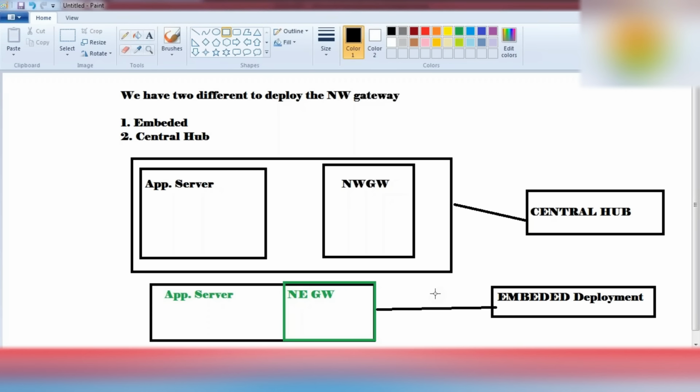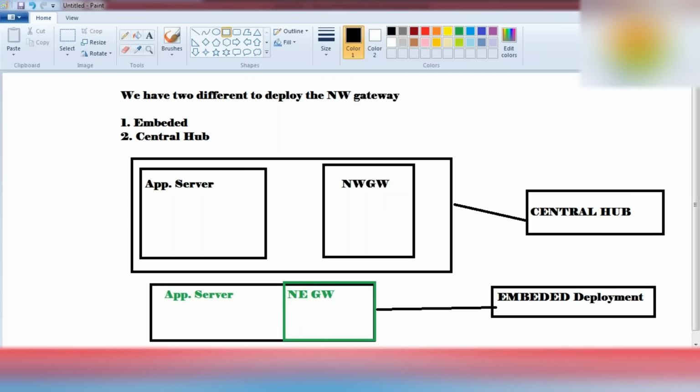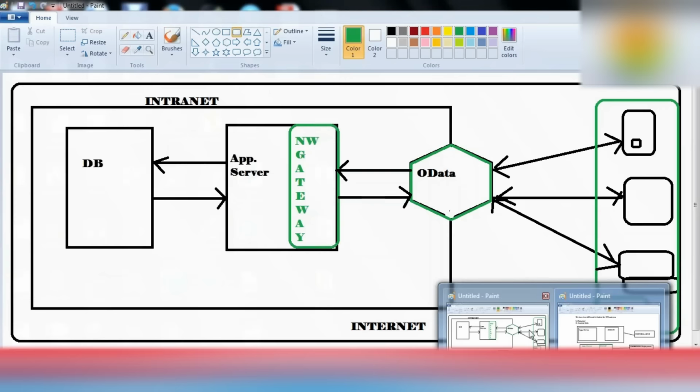First of all, GUI screens are heavyweight screens.